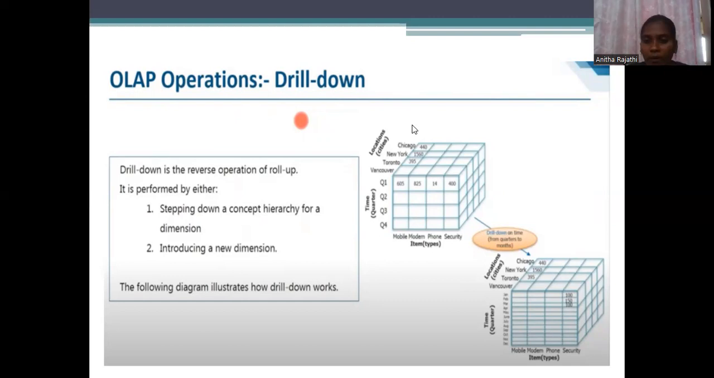So here I have the OLAP cube, which is of the things that I explained already. And here they have given that in quarter Q1, 605 mobiles are delivered in Vancouver. So this is the information that I am getting out of this table. I am not getting in which month. For example, in quarter one, I have Jan, Feb, and March. So I am not getting the details of how many mobiles were sold in Jan, how many in Feb, and how many